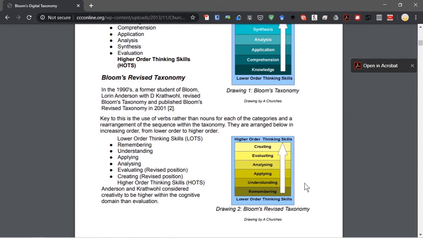And the digital taxonomy really takes the revised taxonomy and looks at what technology tools can be used at each of these stages, starting with remembering and building all the way up to creating. So in this two-part video, we're going to look at the 6 stages or the 6 levels or orders of thinking in this taxonomy, and we're going to look at some recommendations that I have for tools that could be